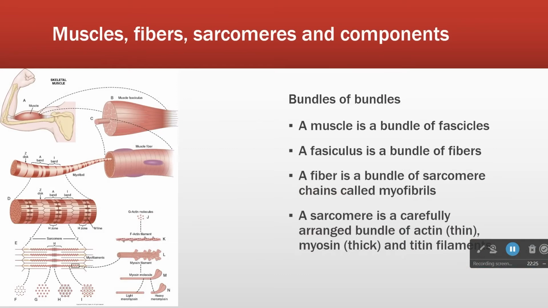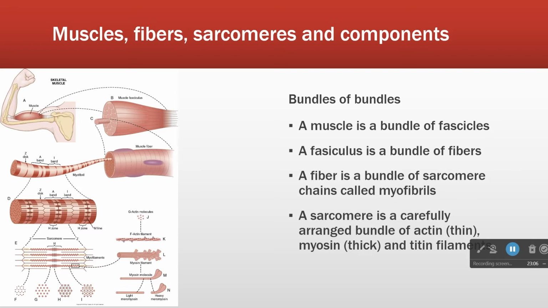All right, so muscles, fibers, sarcomeres, and components. I like to think of the muscular system as bundles of bundles of bundles, okay? And let me show you what I mean. So if you take an individual muscle, a muscle is an organ, okay, proper organ. Well, if we look inside a muscle, we see that a muscle is a bundle of fascicles, okay? A fasciculus, that is the singular, right? So one fasciculus, many fascicles. A fasciculus is a bundle of myofibrils, or muscle fibers,